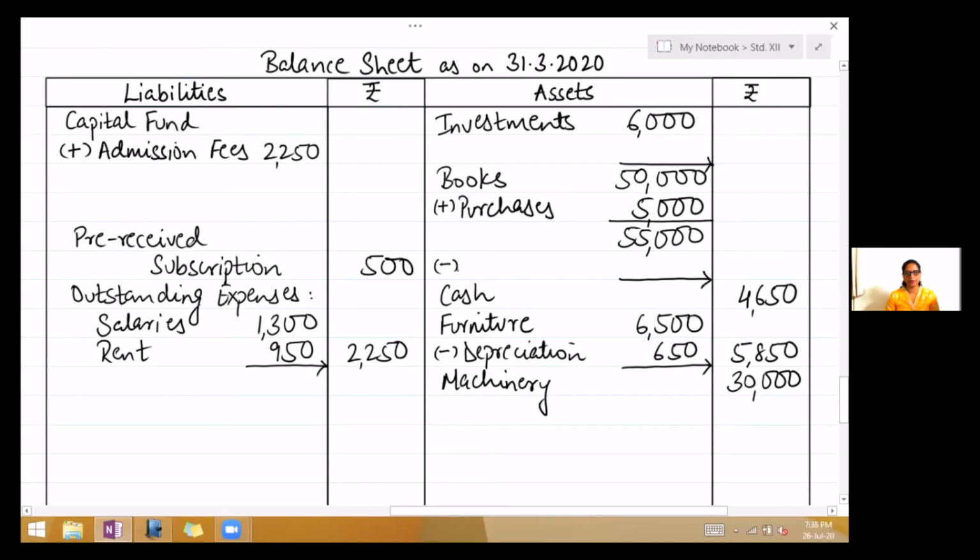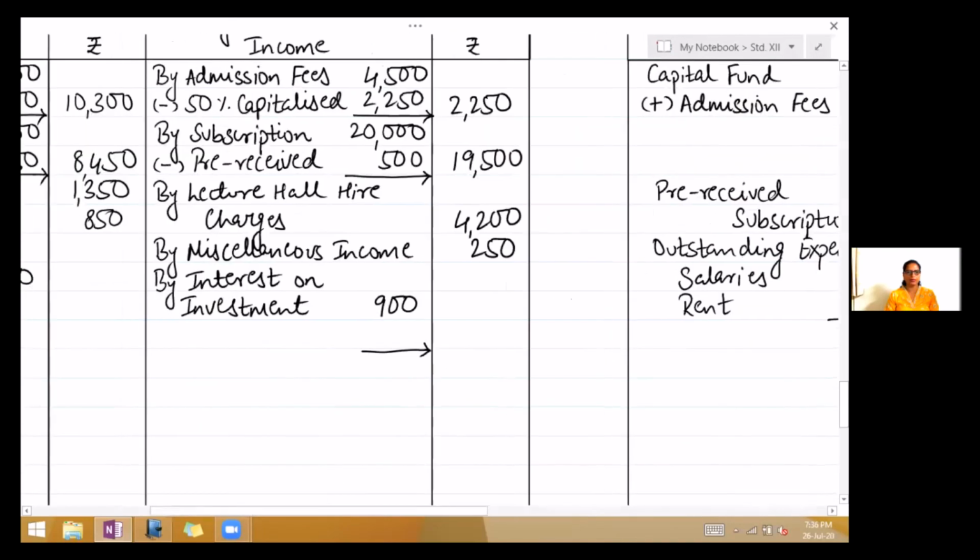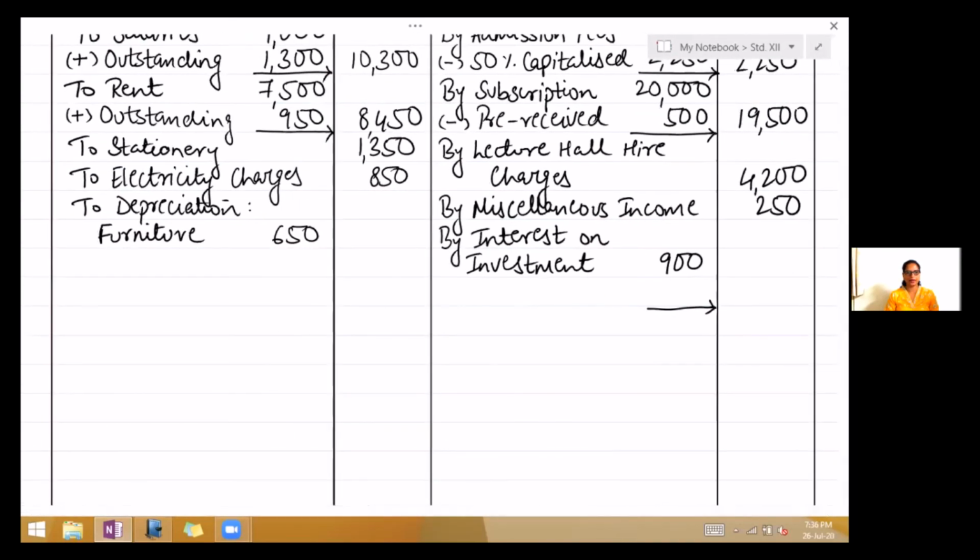So less depreciation, 10% will be 5,500. Deduct, take it to the outer column, 49,500. Second effect of depreciation will again come on the expenditure side, right there below furniture, books, 5,500, added and take it to the outer column,